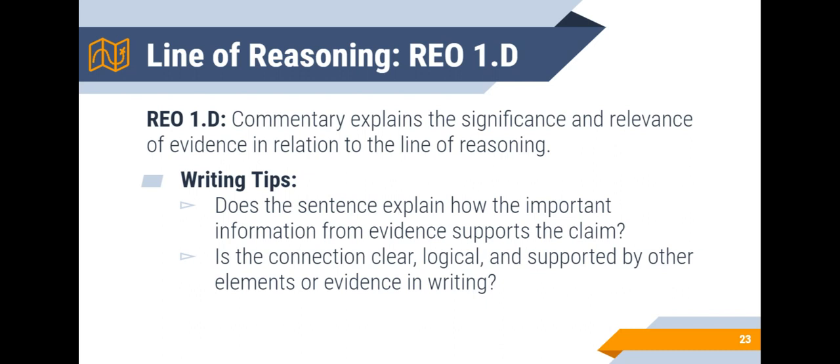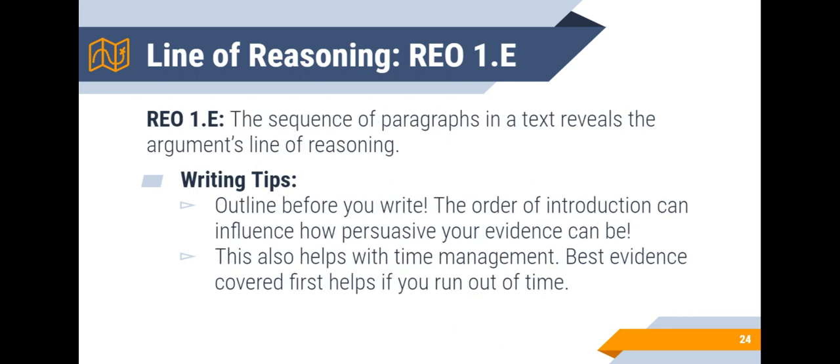So right off the bat, we want to make sure that our evidence is being tied to and left in conjunction with our line of reasoning. 1.E then says, the one high E there is my voice. 1.E says the sequence of paragraphs and text reveals the argument's line of reasoning. So this is the best tip that can come out of this, and